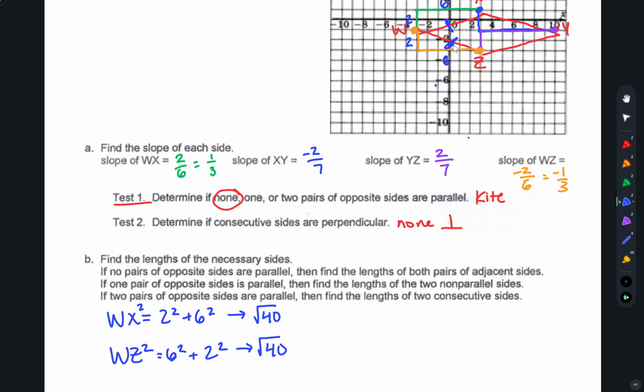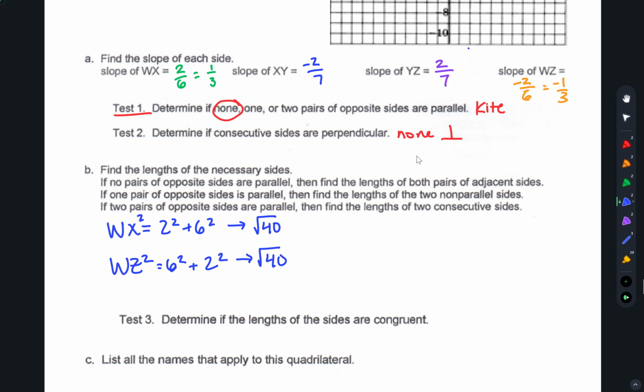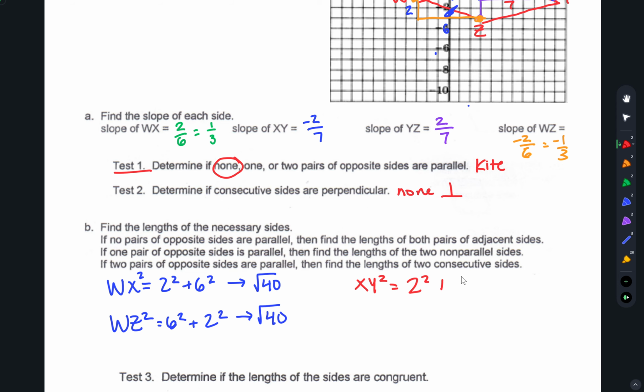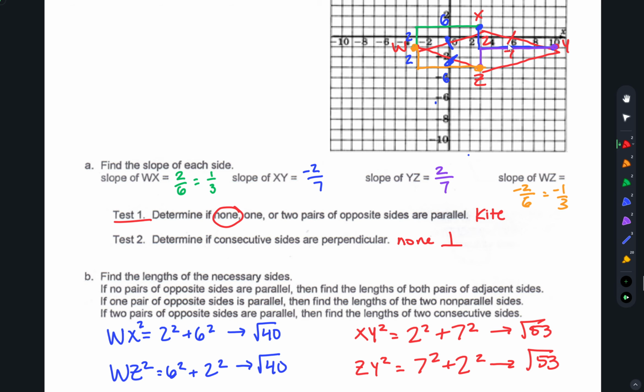Okay. Then I got to do the same thing for the other two sides just to make sure that XY and ZY are congruent. So let's do XY. And I'm going to count my sides. This is a 2 by 7 this time. So by Pythagorean theorem, I get that this is the square root of 53. And then ZY is the same thing, the square root of 53. So I do get that these two pairs of consecutive sides are congruent, which is what I needed for the